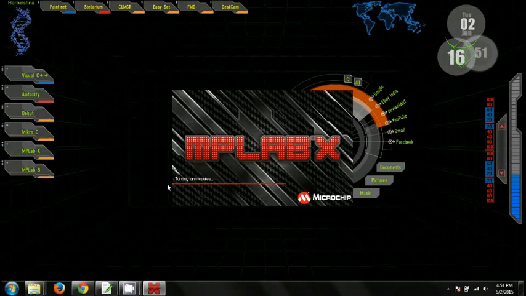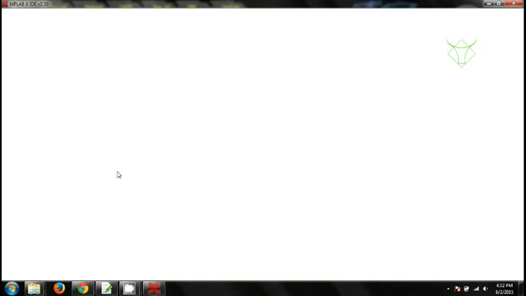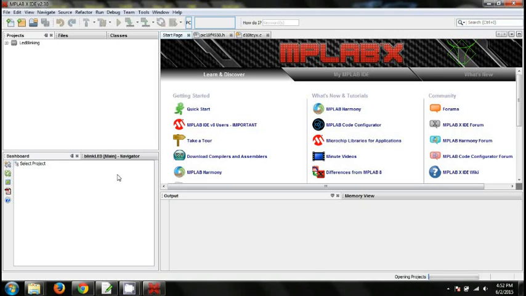MPLAB X has a lot of things. They have changed the entire interface based on NetBeans IDE, and they have added a lot of features, which makes a lot of things simple. Okay, so the way you used to work on MPLAB, for every project you had to select where the tool suite is, and you had to change which processor header you are using in the code, which I'll show in the next video. MPLAB X and XC compilers have made it very easy. Okay, so